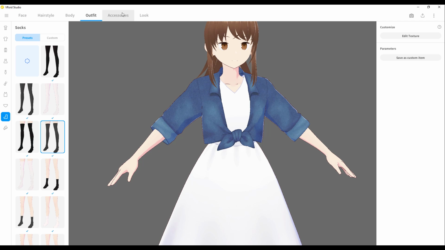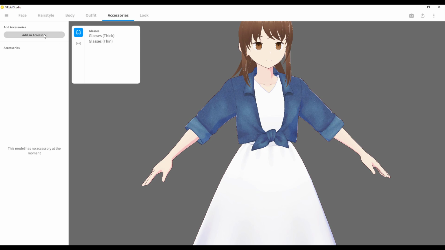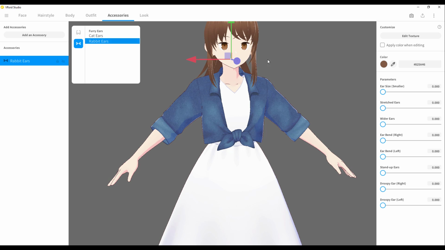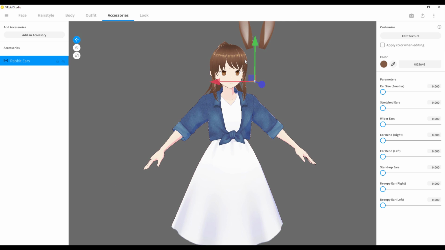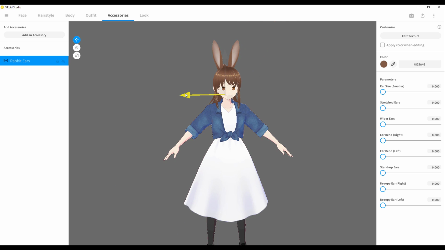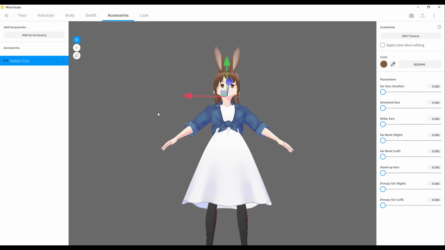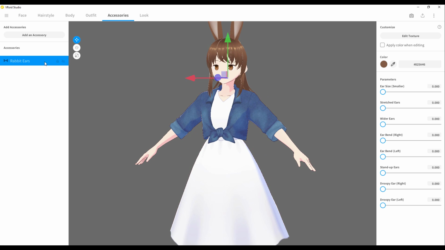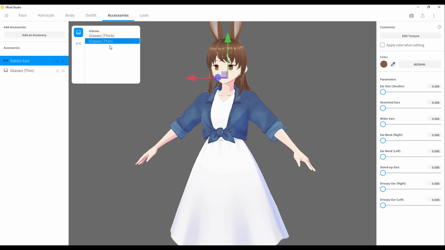Moving forward, there are certain accessories that you might want to add to your model. In this case, we only have about 2, one of them is the glasses, and we have the furry ears. So if you like to add in some rabbit looking ears, let's grab that here and position this however we want. Let's go all the way here and position this one in. Let's rotate our character. All right, so if you like to add something like this, looking nice, if you like to throw in some glasses, I think we should just have a thin glass.